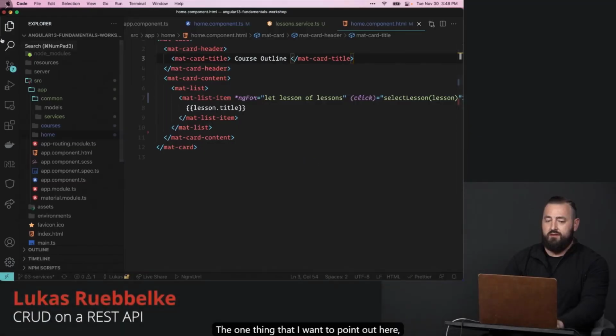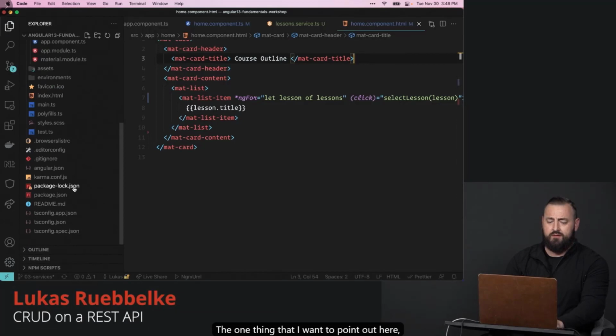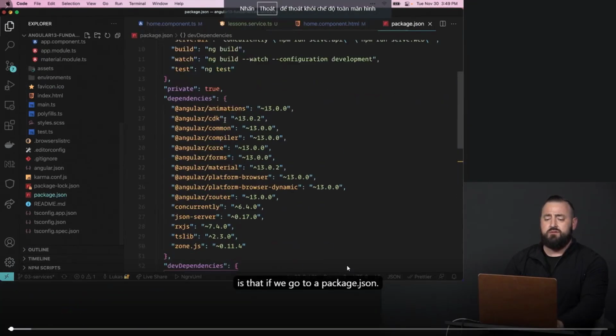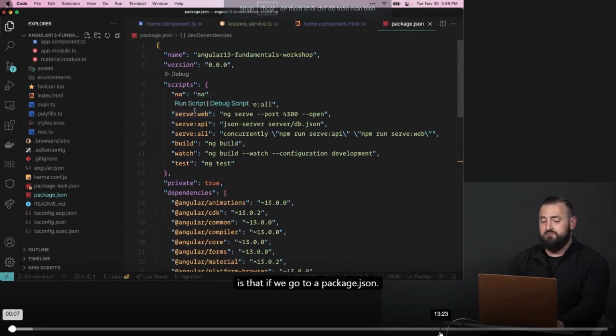The one thing that I want to point out here is that if we go to package.json, if it has